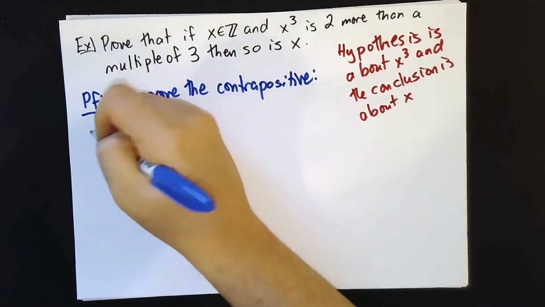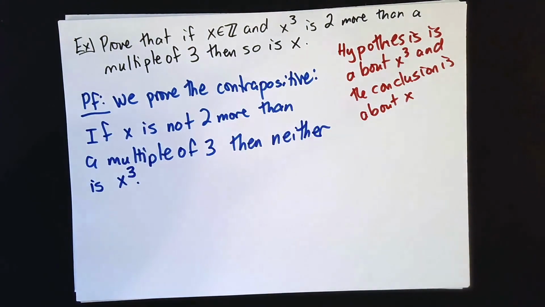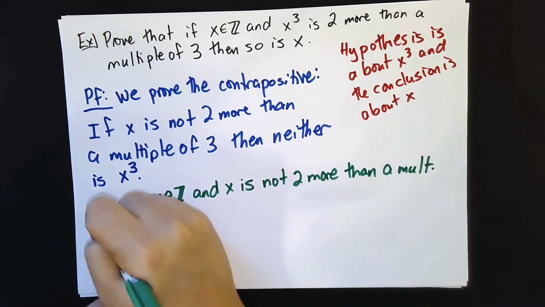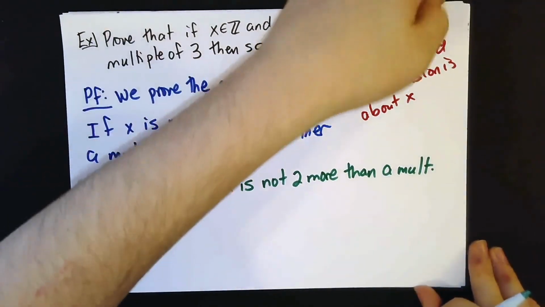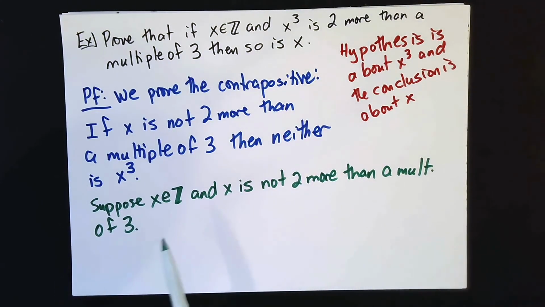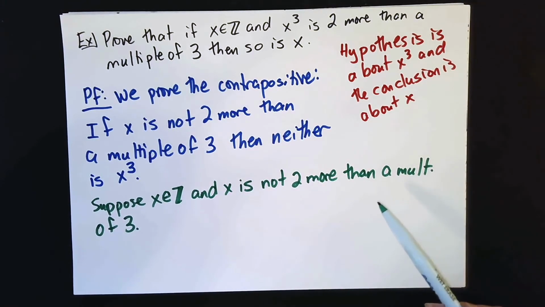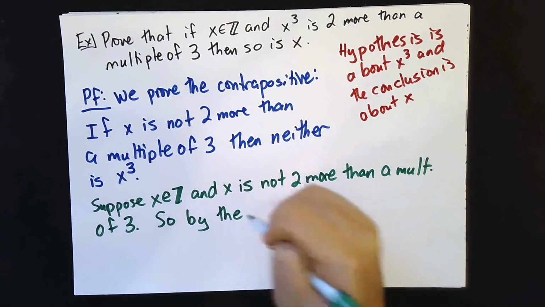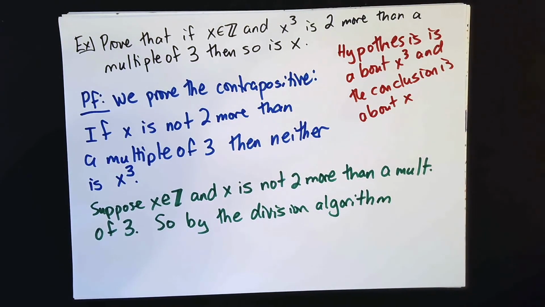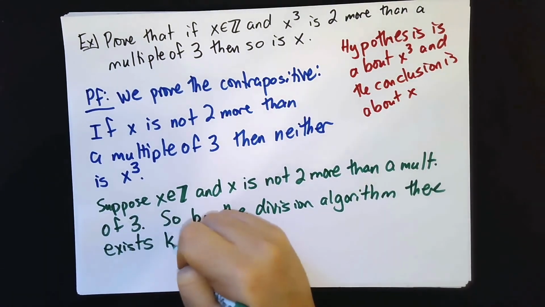So here's our contrapositive. If x is not 2 more than a multiple of 3, then neither is x cubed. So let's suppose that x is in Z, and x is not 2 more than a multiple of 3. So here's where it's very easy to get stuck, because this is not a helpful hypothesis by itself. In order to make this helpful, I have to use the division algorithm. So, by the division algorithm, and think for a second, what does the division algorithm say here? By the division algorithm, there exists k in Z